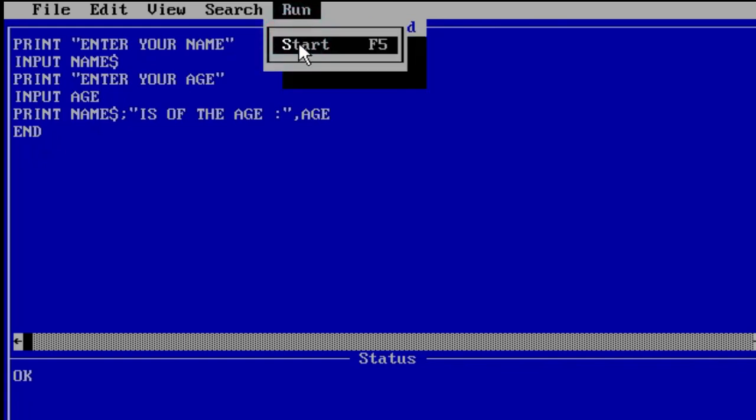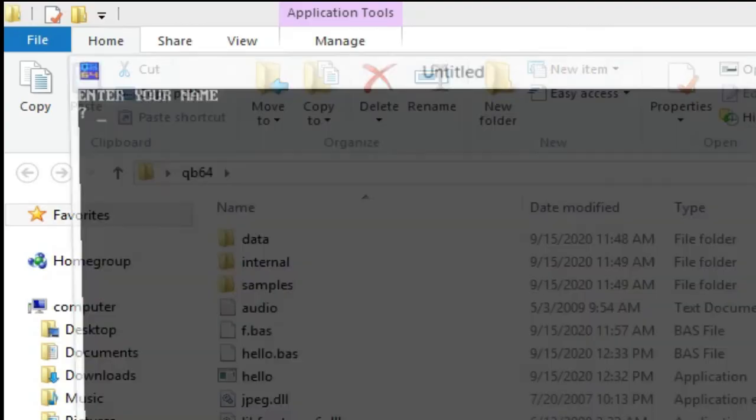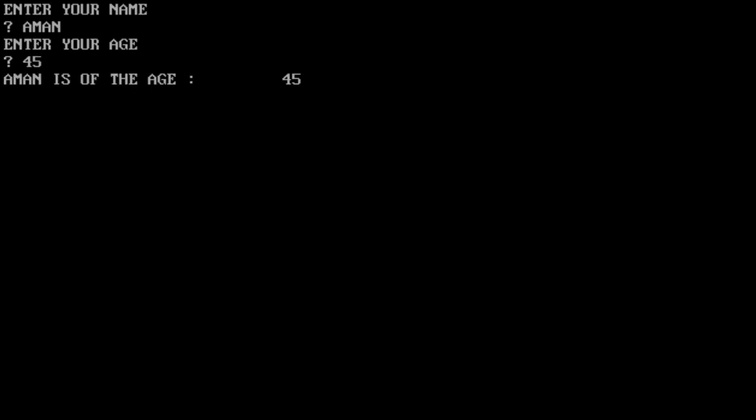Run the statement, start. Look at the output now. Enter your name. I am entering my name, then enter. Now enter your age. I am entering age 45. Then the text is Aman is of the age 45. Understand?